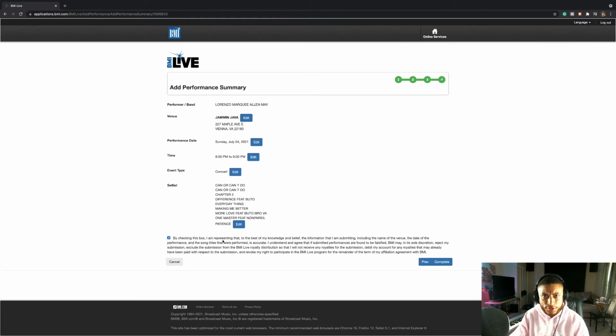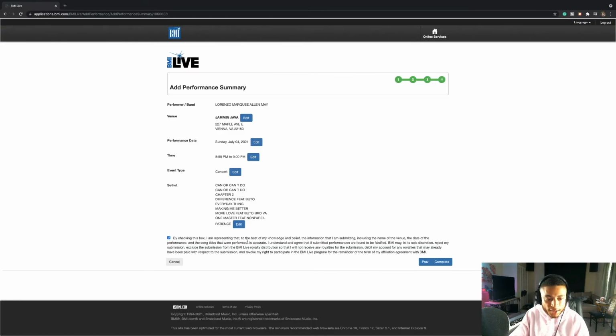And I'll read this for you just in case you care, because you should care, because this is some legal stuff right here. By checking this box, I am representing that to the best of my knowledge and belief, the information that I am submitting, including the name of the venue, the date of the performance, and the song titles that were performed is accurate. I understand and agree that if submitted performances are found to be falsified, BMI may, in its sole discretion, reject my submission, exclude the submission from the BMI Live royalty distribution so that I will not receive any royalties for the submission, debit my account for any royalties that may already have been paid with respect to the submission, and revoke my right to participate in the BMI Live program for the remainder of the term of my affiliation agreement